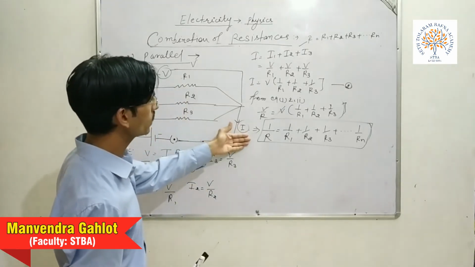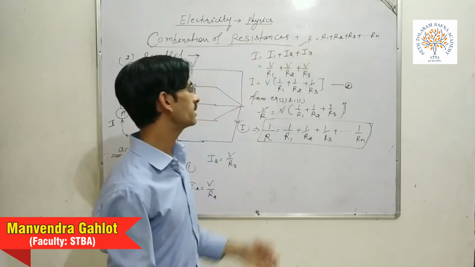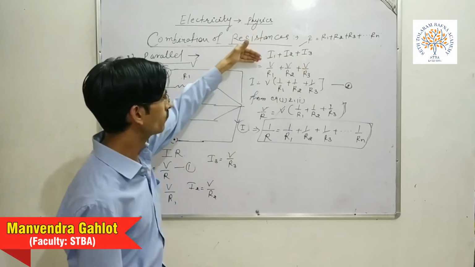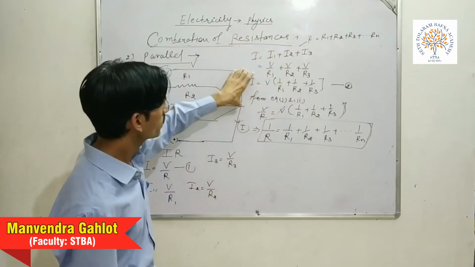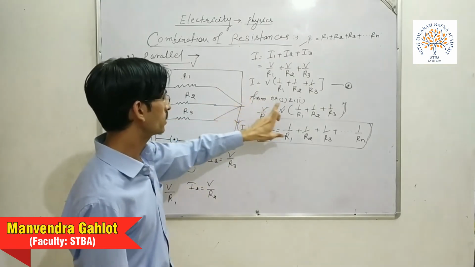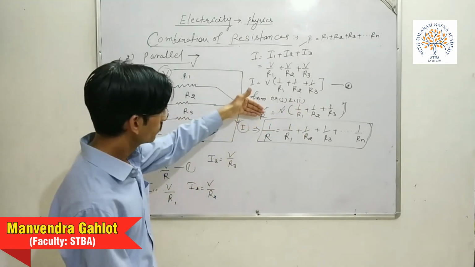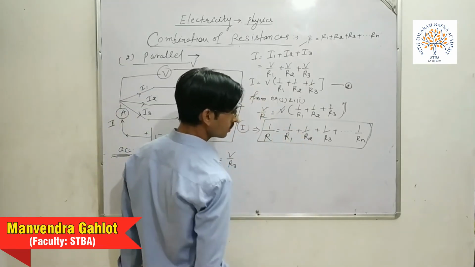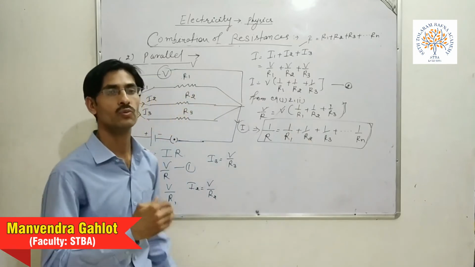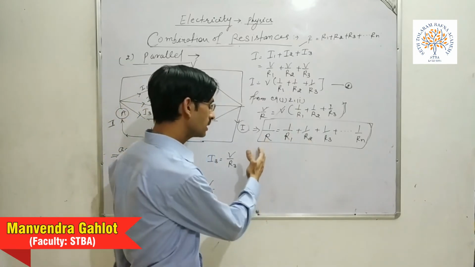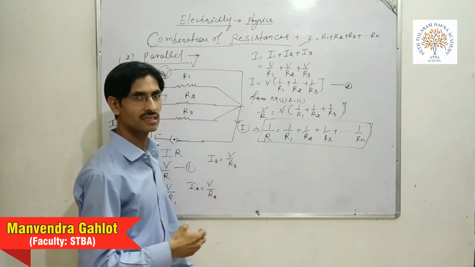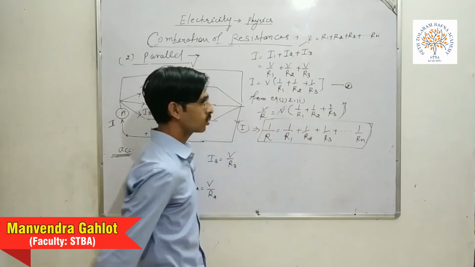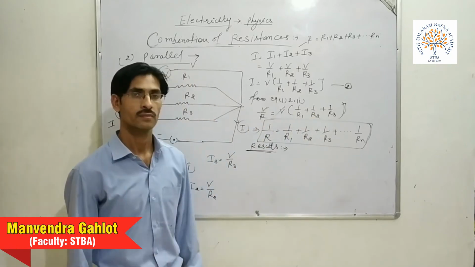The equivalent amount of current equals I. So this is the sum of individual currents. I equals I1 plus I2 plus I3. Put the values of I1, I2 and I3. Finally, we got the result from equation 1 and 2, that was 1 upon R equals 1 upon R1 plus 1 upon R2 plus 1 upon R3 up to 1 upon Rn. So this is the result. The equivalent resistance, the total amount of resistance, is calculated by this given formula.